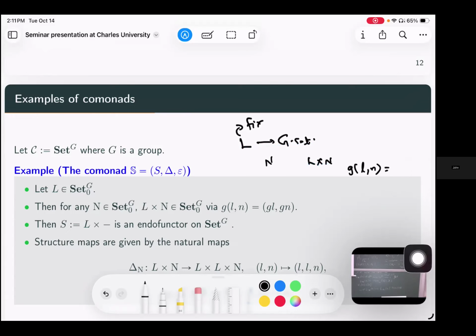So the action becomes g(l, n). So this can actually be extended to an endofunctor on the category of G-sets because it takes G-sets and produces G-sets. So this qualifies to be an endofunctor on the category of G-sets. We would write this as this,